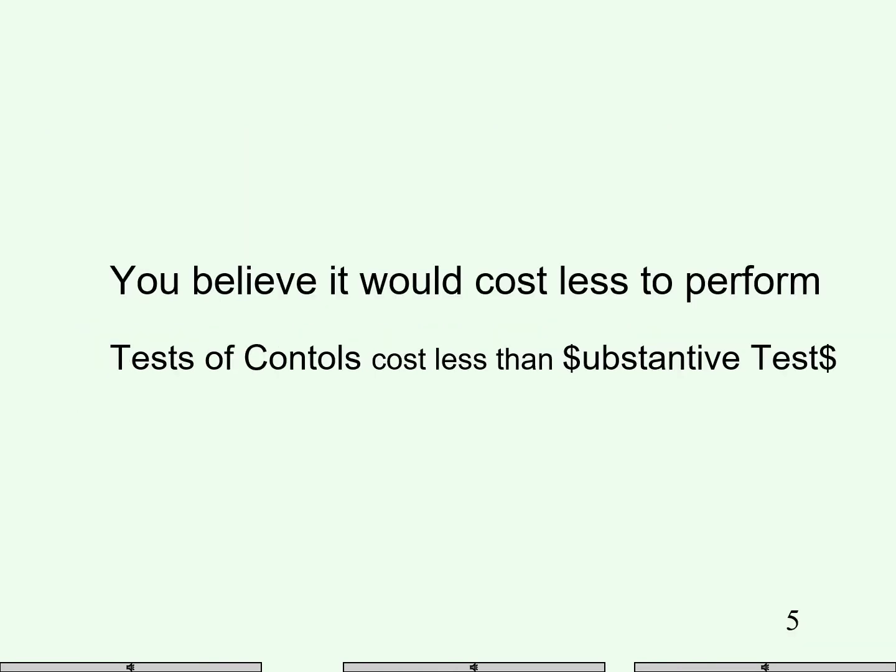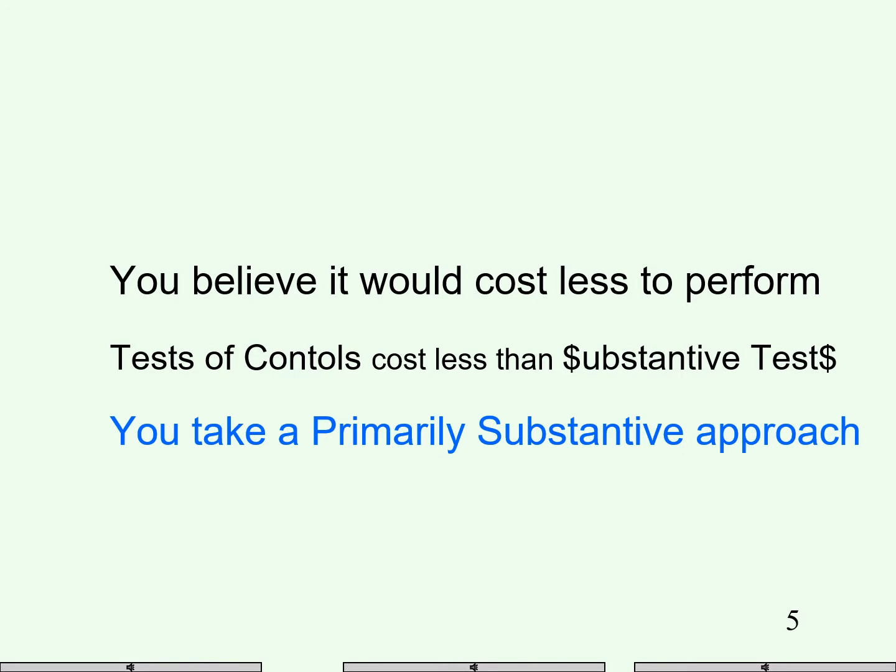You believe it would cost less to perform tested controls than substantive tests. I'm still going to take a substantive approach. If the controls are ineffective, what will performing tested controls accomplish? So we're going to spend money to test controls to get evidence that their controls are in fact not effective. And then we have to go ahead and spend more money performing the primarily substantive approach because their controls weren't